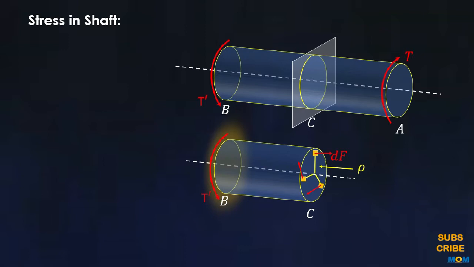Equilibrium condition requires that the moment of dF should be equivalent to the internal torque T, whereas here this rho